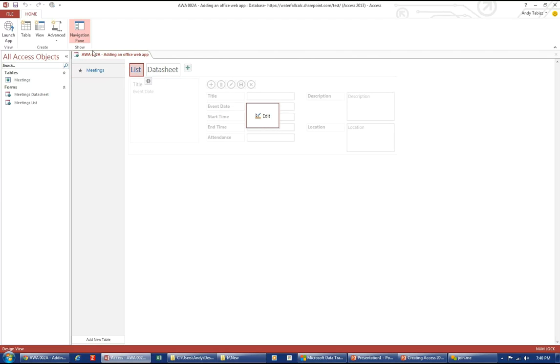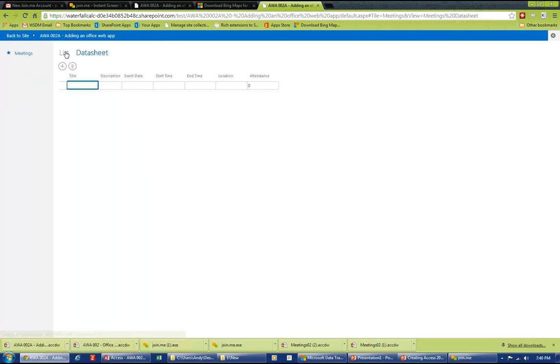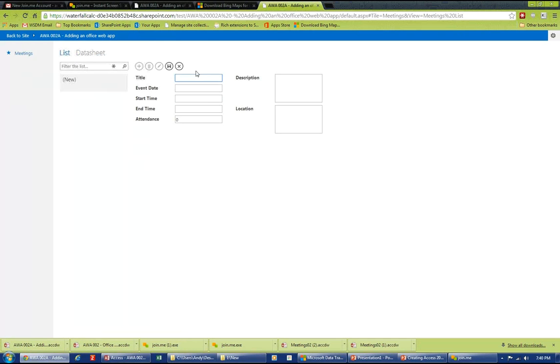And at this point, I'm going to go ahead, save this, and I'm going to click on Launch App. And this is going to launch the app in our web browser. So now we're in our web browser. We can see datasheet. We can see list. We can add data here. So I'm going to